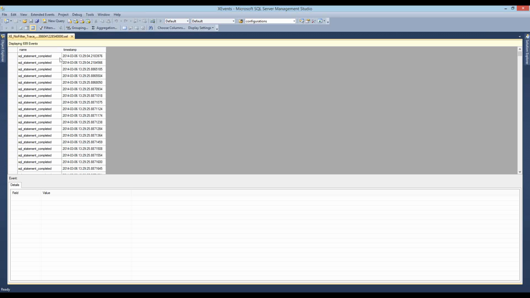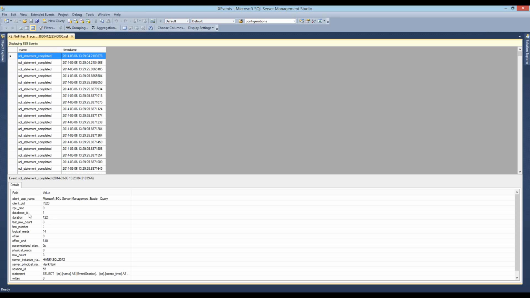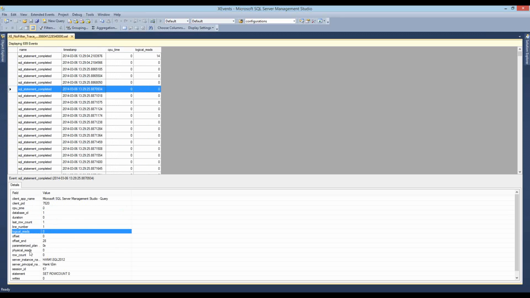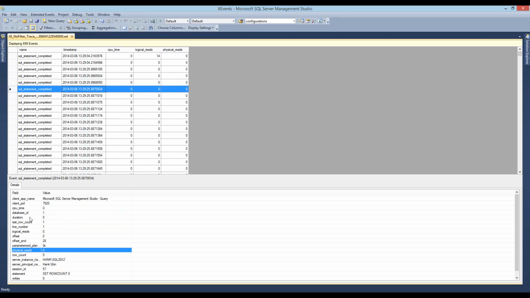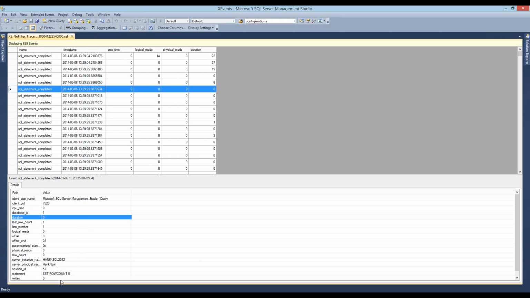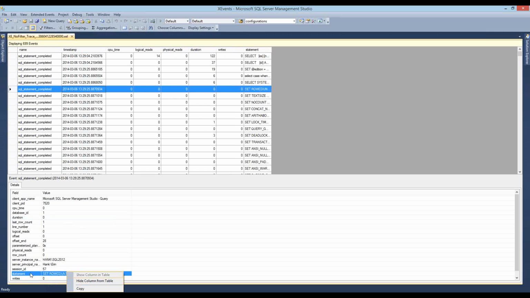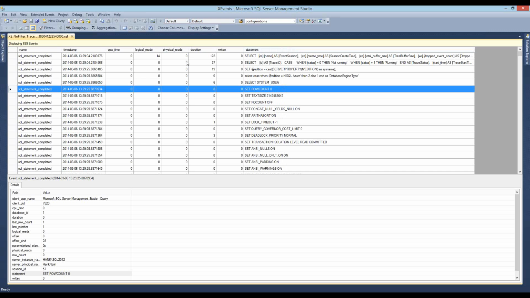Now, if we want to see the rest of the columns, we click on a row, and down here at the bottom, under the details, we get information. I know you're still not impressed because you're not going to sit here and click through every row, and you don't have to, because we can right-click and show the column in the table. Right-click, show this in the table. Let's look at physical reads. Did I already add duration? No. And writes, and let's add our statement. I already added our statement. There we go. So these are the columns that I care about. This is what I want to see.